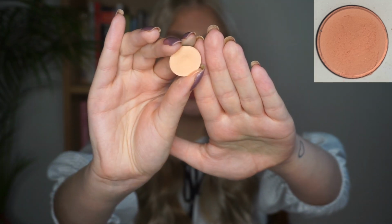So the next eyeshadow that I have in this project is another one from a Colourpop palette, and this comes from my Yes Please palette, and it is in the shade Champs. So I might have used this shade a little bit before rolling into the project, because the Yes Please palette is a bit older in my collection, but you can see right there that it was still relatively new, and I have reached for this shade 13 times in the past month,